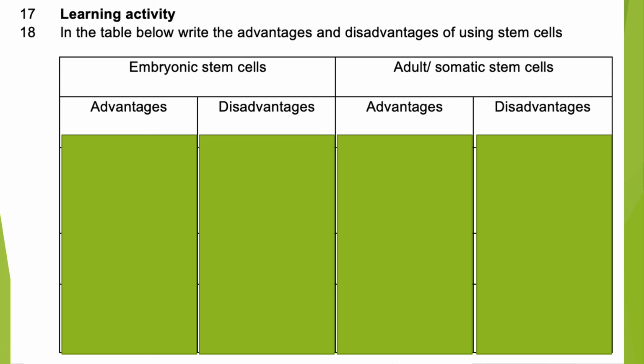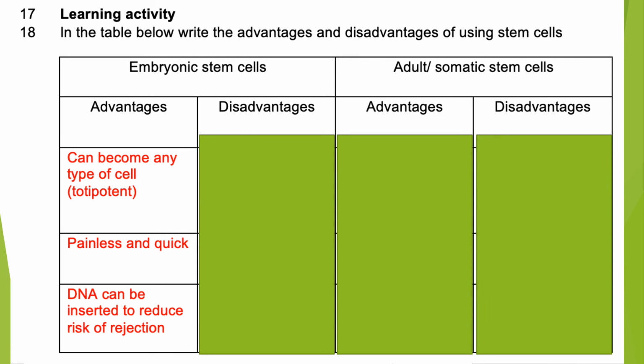So let's start off with some of the advantages of having embryonic stem cells. They are totipotent, which means that they can become any type of stem cell, or sorry, any type of cell. Embryonic stem cells are painless and quick. You just have to extract a tiny blastocyst. It's not very big. It's not the same as jamming a needle into your knee and getting bone marrow. And what you can do with embryonic stem cells is you can insert your own DNA to reduce the risk